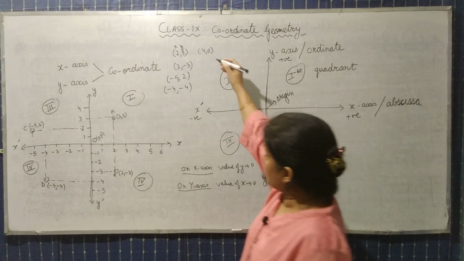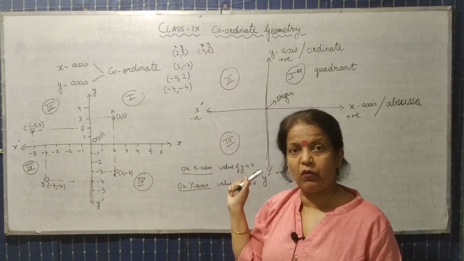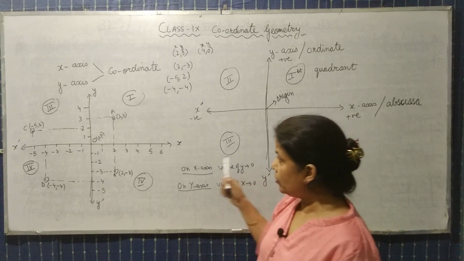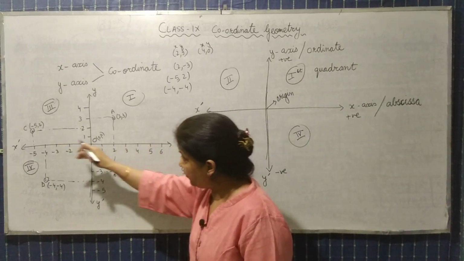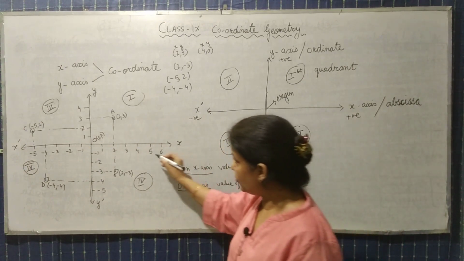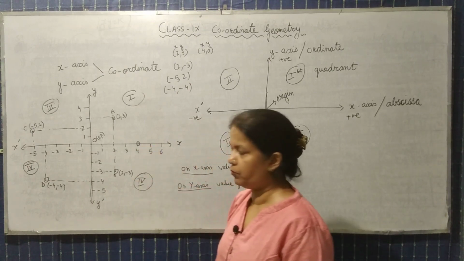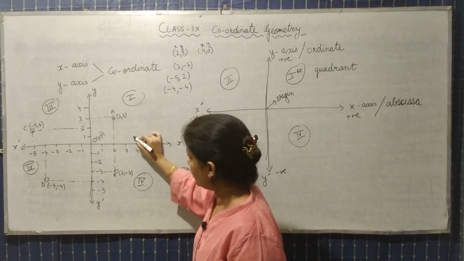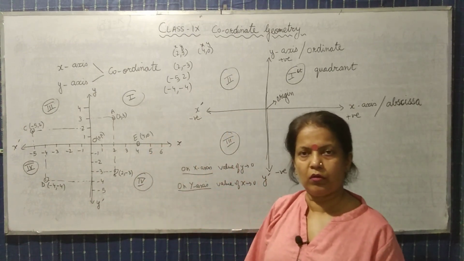Now we will go for this coordinate 4, 0. देखिए x, this is x and this is y. तो x axis पे y value is always 0. तो x की value 4 ये आ गई and पूरी x line पर x axis पे y is 0. So x value is 4 and y is 0. So this will be the point. So let it be E. तो ये coordinate हो गया 4, 0.